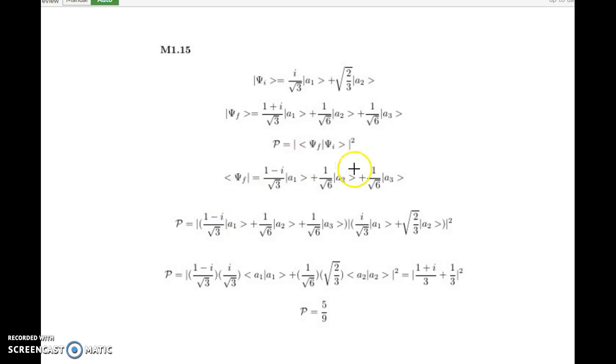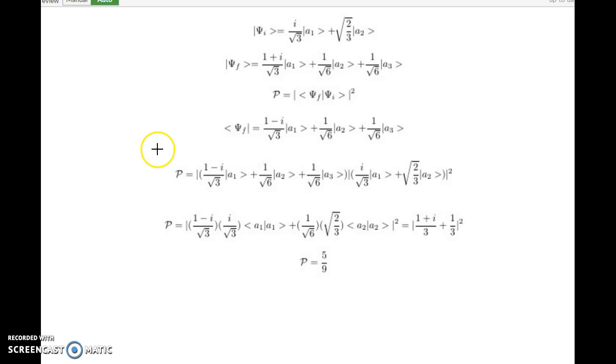So we use this, and we put in our psi_f and our psi_i, and this is what it looks like. And now it's basically like multiplying a polynomial together. So you'll multiply this term times that, then this term by that, and so on for each pair. And I kind of skipped a step because when you're multiplying,